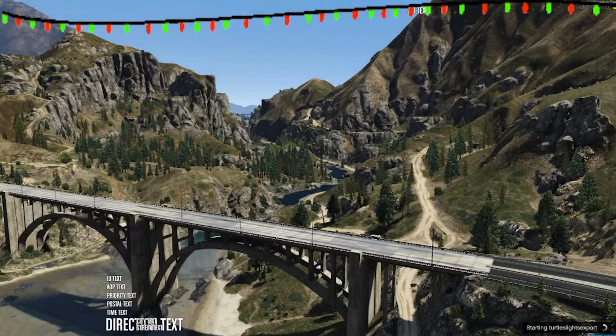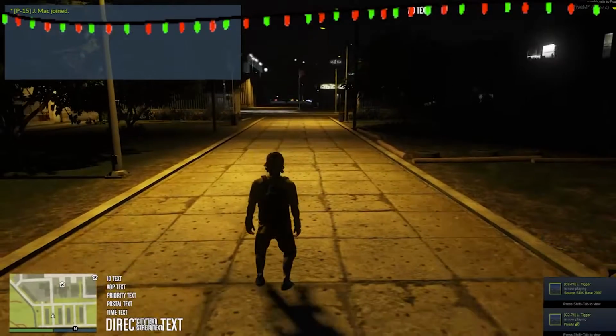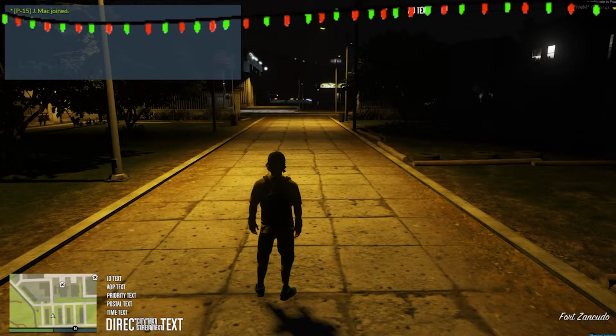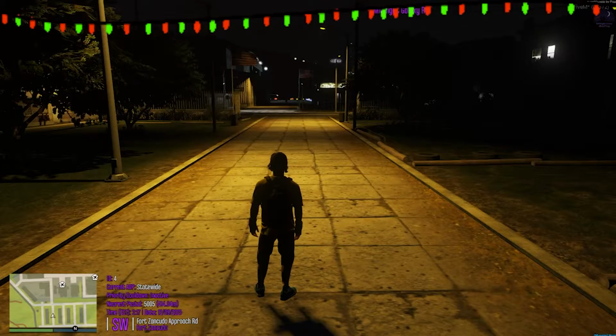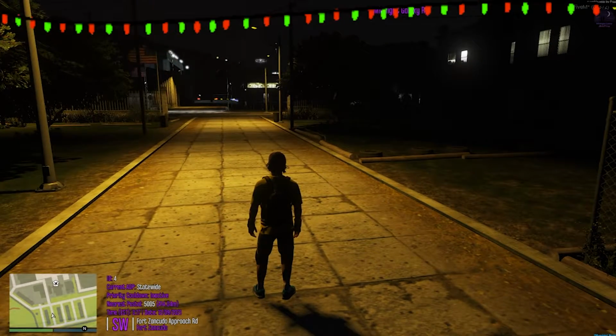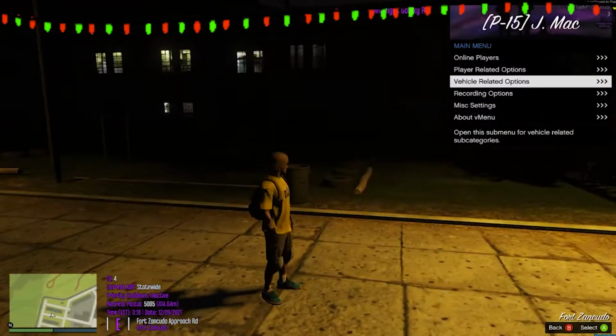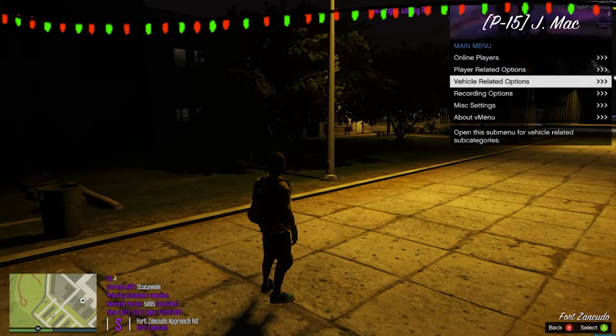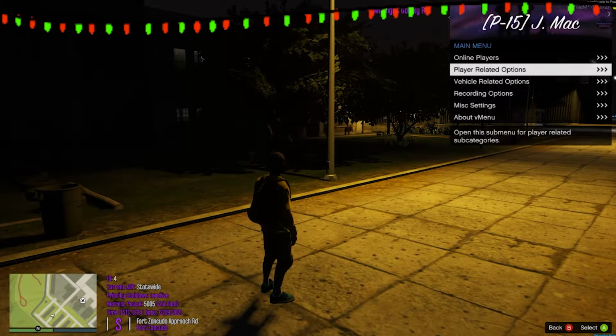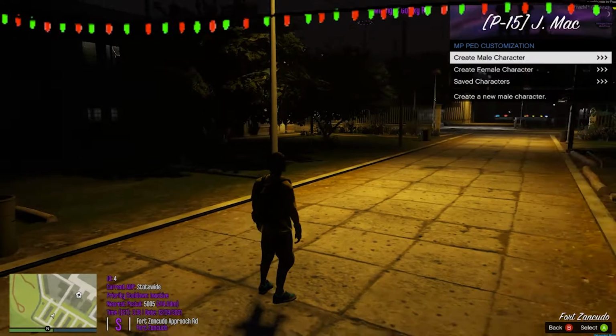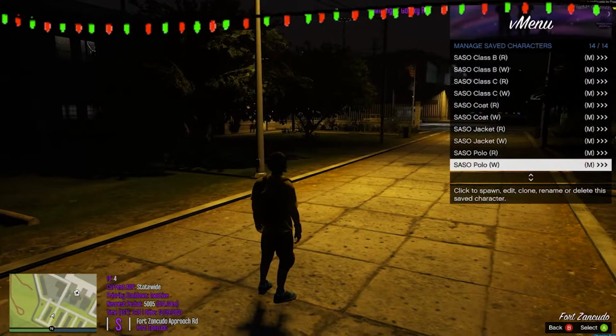Alright, so we're loading into server. I don't know if the snow is still on. I hope that it isn't, but I'm not sure if it is. It is nighttime, so that's going to be interesting. We're going to see what we can do with that.